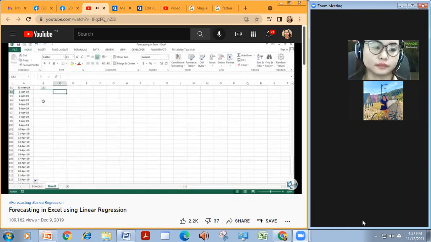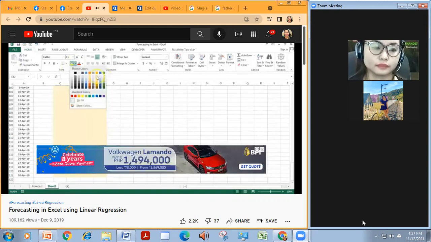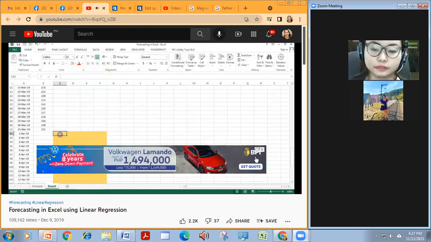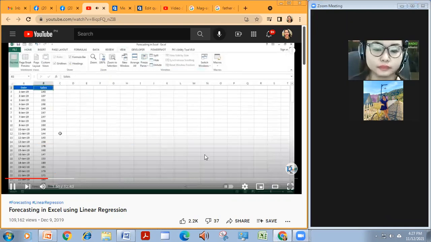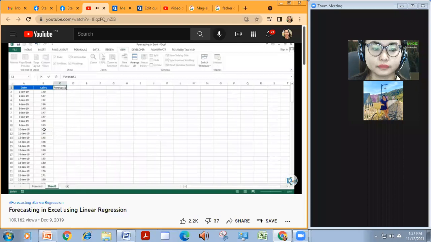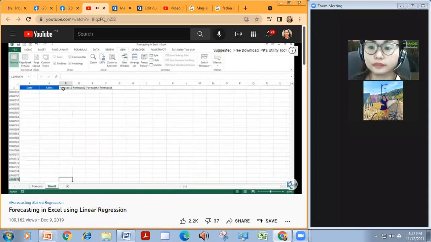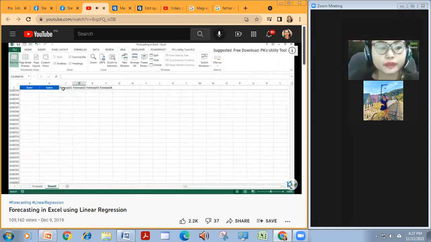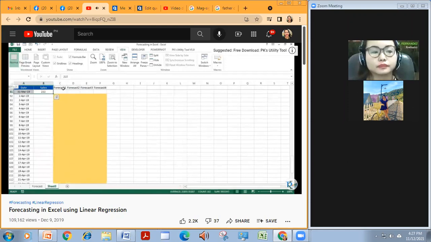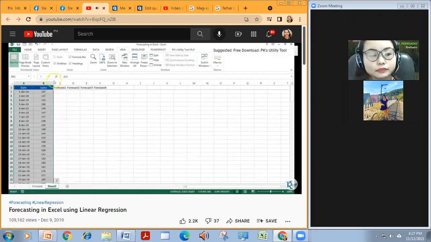Okay, so we will do the forecasting here in these 4 columns using the various methods. Let me highlight these columns in this color and freeze this header. Here we will use the forecast. We can put here forecast 1 till forecast 4. Generally we will do only one forecast, but here I want to explain you 4 different methods to doing the forecast in Excel.